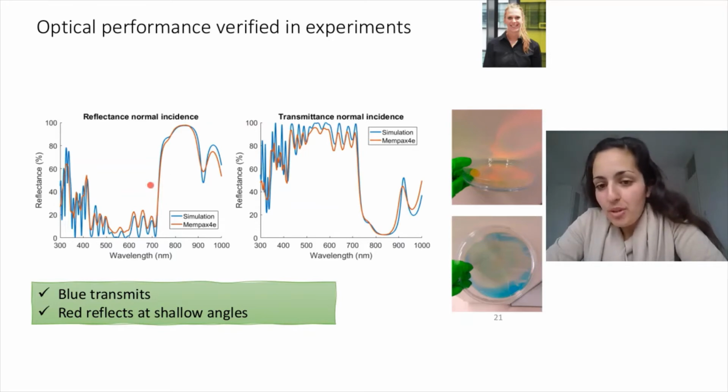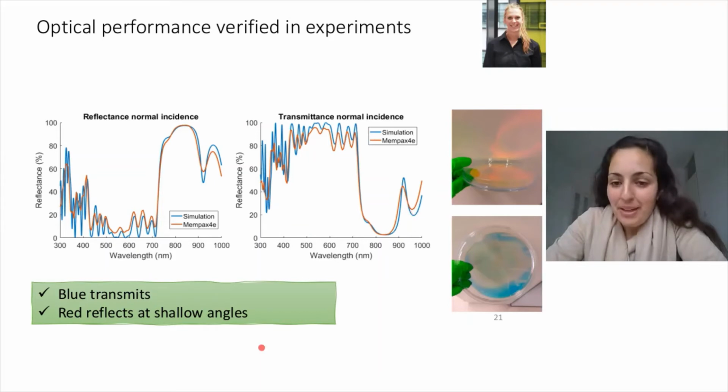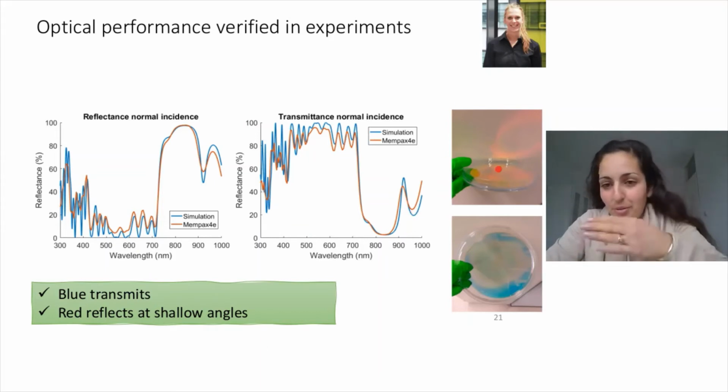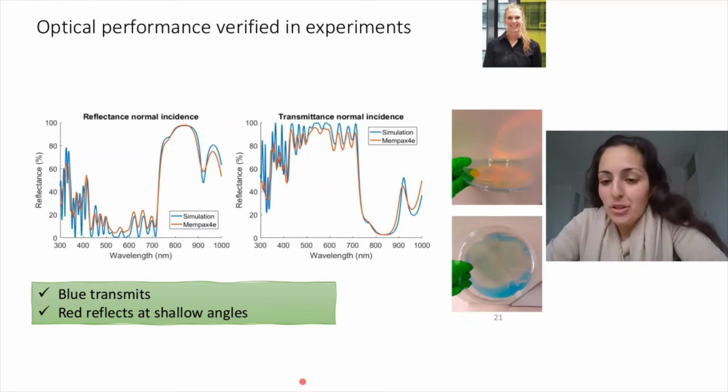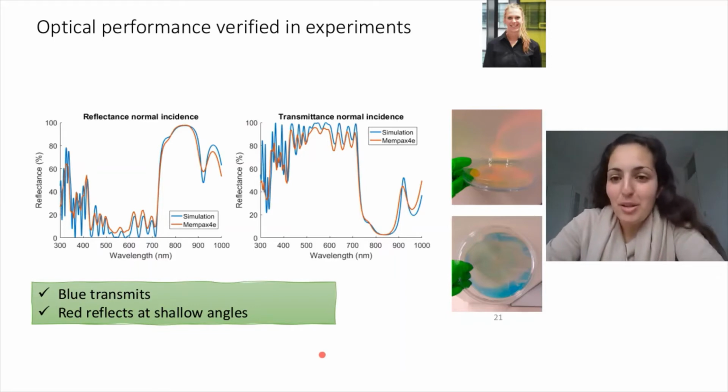So you can see in blue the simulation, what she calculated, and in red, the MEMPEX, which was the name of the sample, the measurement, and there's a really good correlation between what she calculated and what she then fabricated and measured in the lab. And you can see it also if you just look at it with your eye: the light that is reflected under a shallow angle looks red, and then blue light is just transmitted. So even with what my former mentor always used to call eyeball spectroscopy, so just by looking at it,